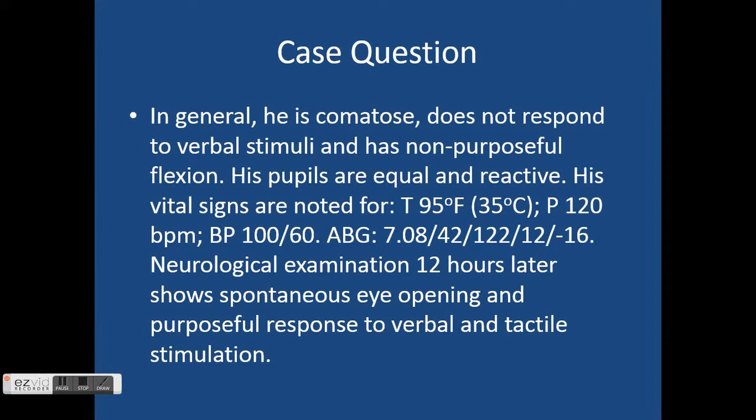On exam, he's comatose, does not respond to verbal stimuli, and has non-purposeful flexion. His pupils are equal and reactive. His temperature is 35 degrees Celsius, pulse 120, blood pressure 100/60. His blood gas shows a pH of 7.08, CO2 of 42, O2 of 122, bicarb of 12, and a